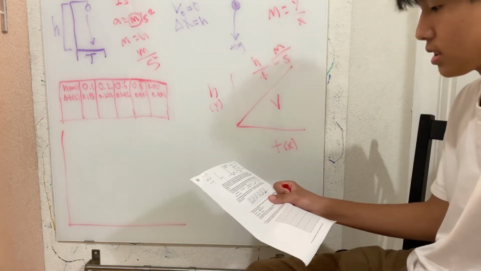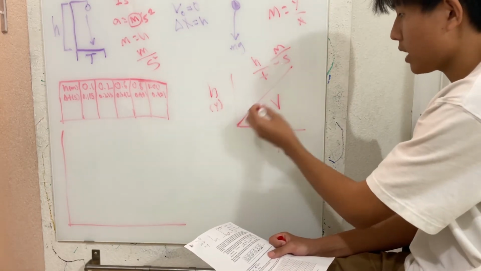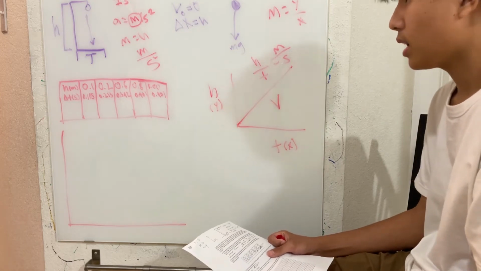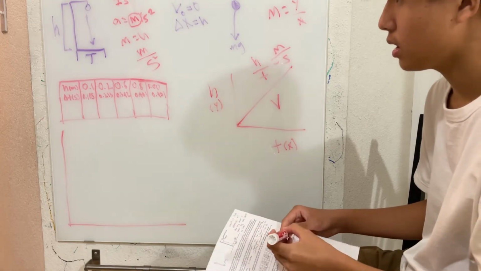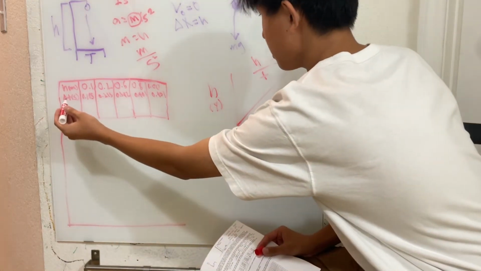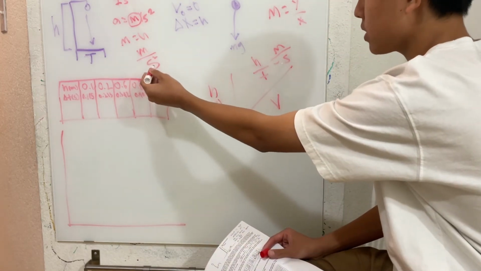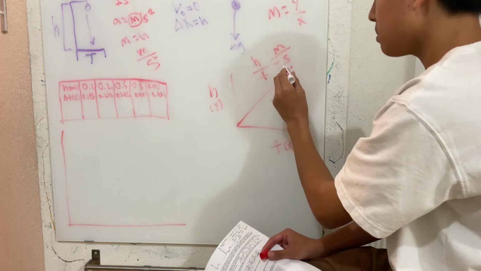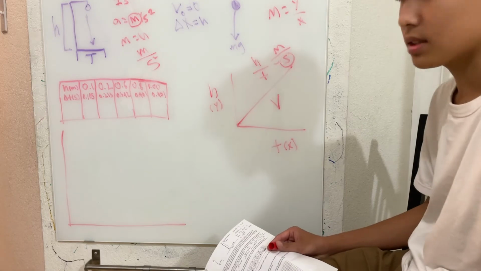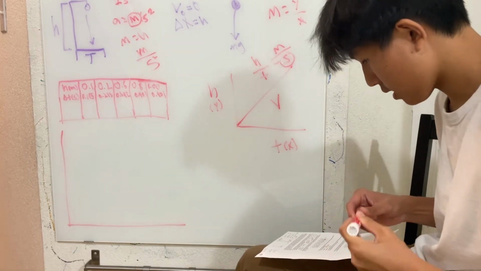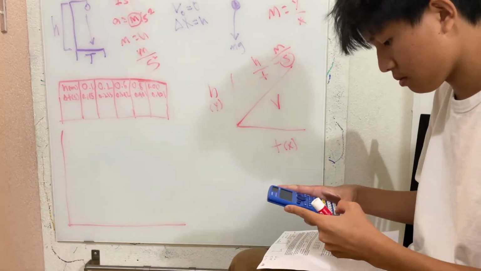So the question is asking, how could we change this graph so that the slope of this line could be acceleration instead of velocity? We could do that by basically just squaring this delta t, because if acceleration is meters over second squared and velocity is meters over seconds, then all we have to do is square these seconds to get the acceleration. So some new values would be